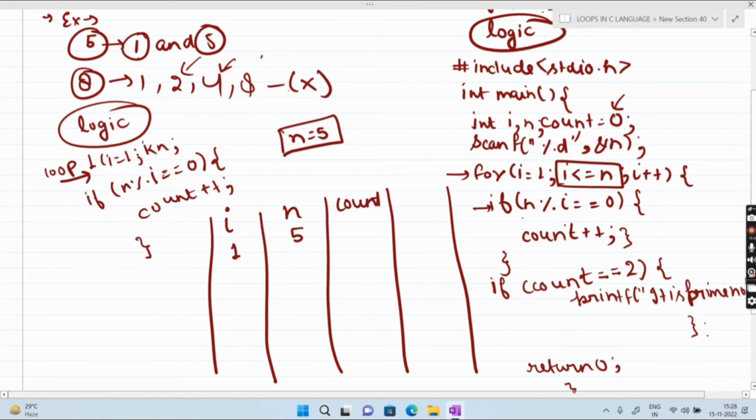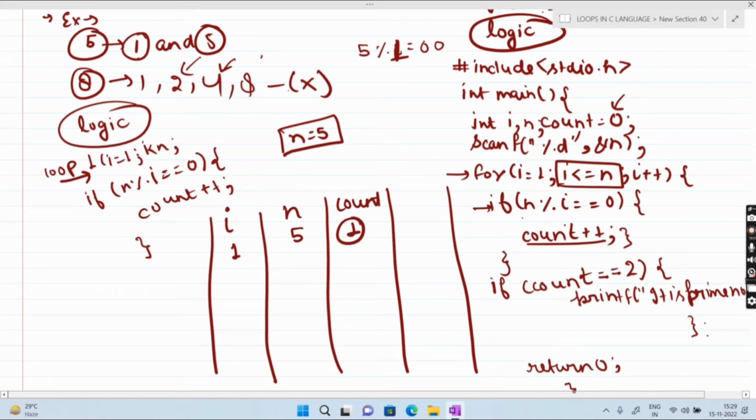Come inside and check condition. n यानी 5 मॉडुलो i की वैल्यू कितनी है 1 is equal to 0. Yes, condition is true. If condition is true, what we have to do, basically we have to make counter variable value is 1. So the counter variable value will equal to 1 now.